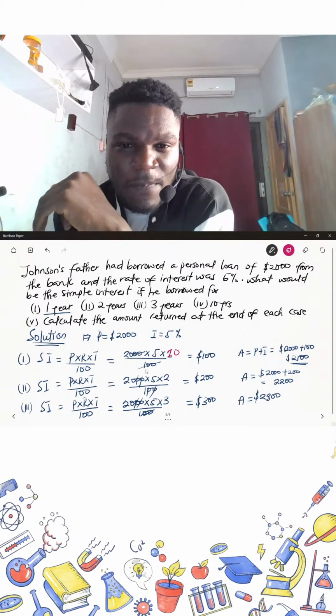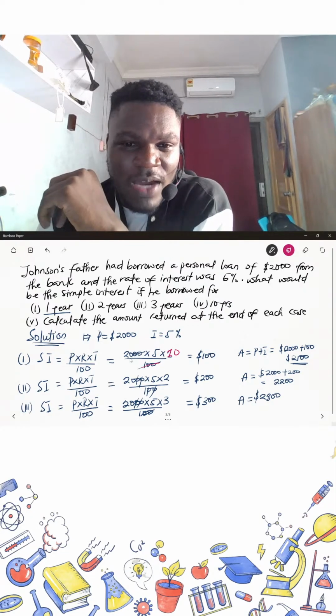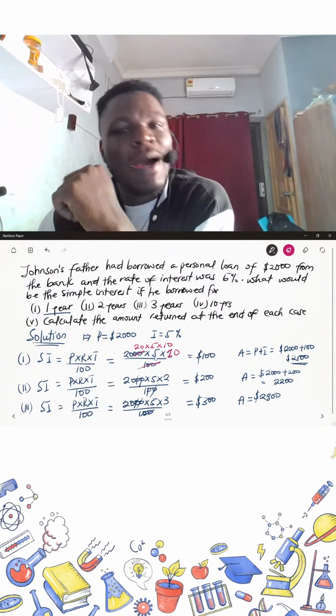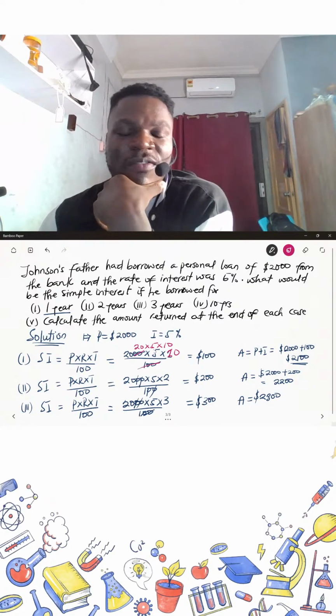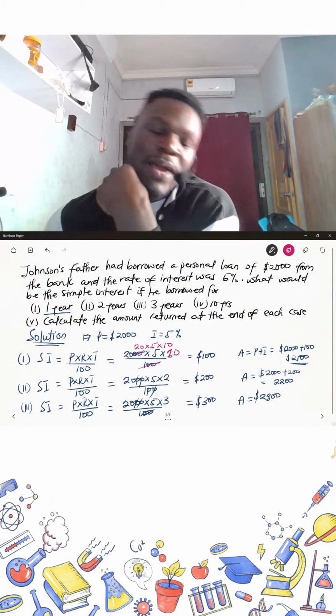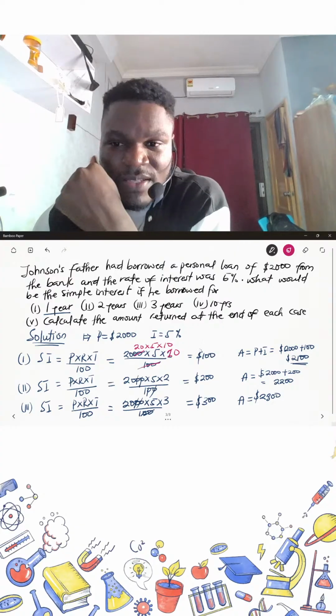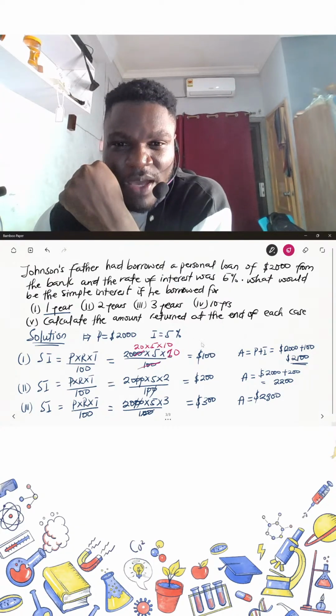It will be 10. Are we okay? So we have the 100 nullifying this. So we have now 20 multiplied by 5 multiplied by 10. Are we okay? So 20 multiplied by 5 is already 100. 100 multiplied by 10 will give us 1,000. Are we okay? So we have